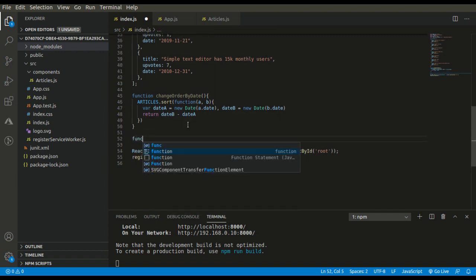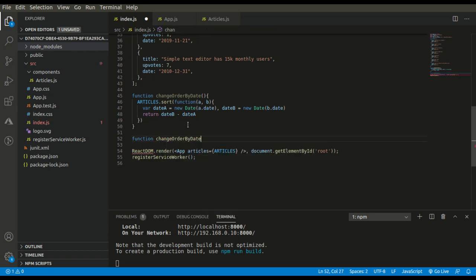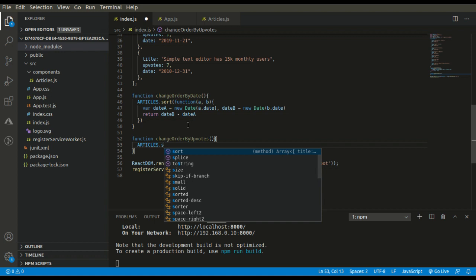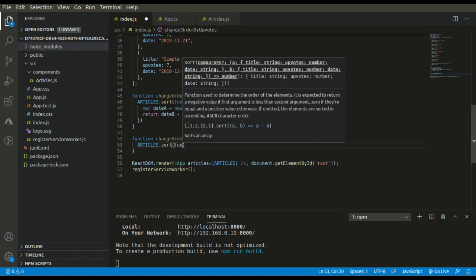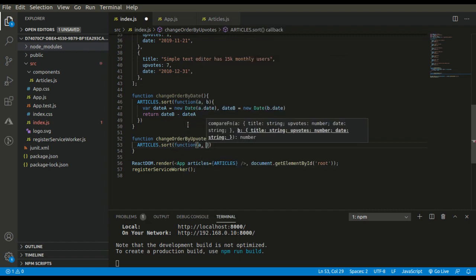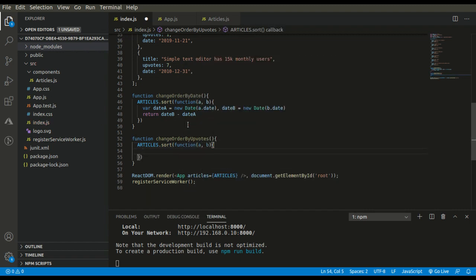Now let's begin coding our second function, in which we will sort our array by upvotes. In this we simply have to do b dot upvotes minus a dot upvotes.